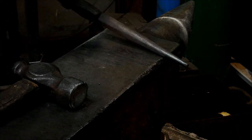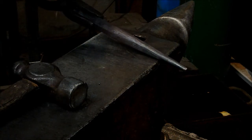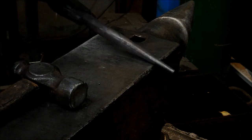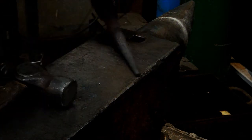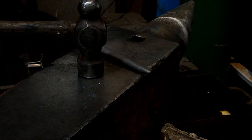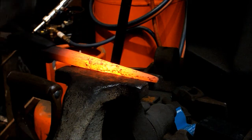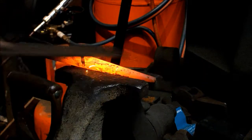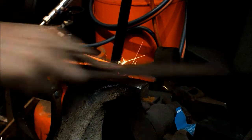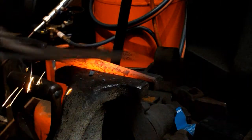Okay, it looks good. So the next thing to do is I'm going to get this all up to an even temperature. I'm going to go over to the leg vise and just rasp it nice and smooth. So I'm just going to open the vise up just enough so this doesn't fall down. Grab the rasp. And as I'm turning the punch, I'm running the rasp up and down, just taking off